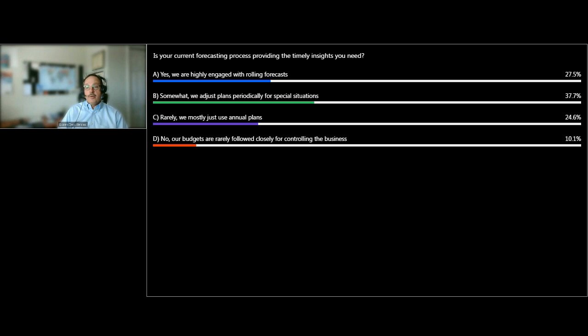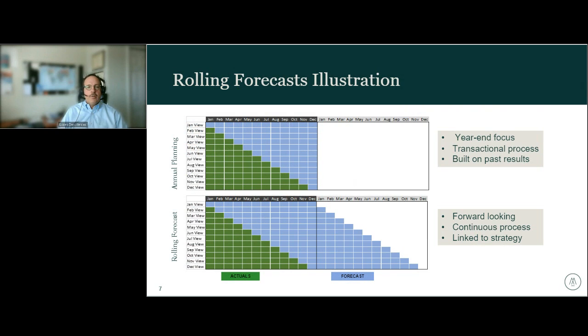So with that, how about if we just talk about a quick illustration of what a rolling forecast is. There are two things, the top and the bottom. The annual planning at the top gives you a view of what that plan looks like. So starting at the beginning of the year, you'll have 1 month of actuals, and you'll be looking to see what the actuals are against the year forecast, and how that's really shaping up. And then as time moves forward,